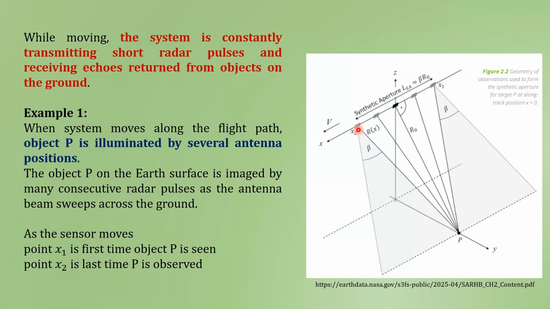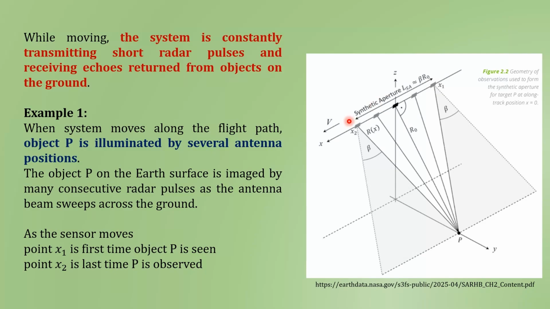And x2 is the last time the system receives the backscatter signal from this object. So here it is mentioned point x1 is the first time object P is seen, and point x2 is the last time P is observed. So this object P on the Earth surface is imaged by many consecutive radar pulses as the system moves